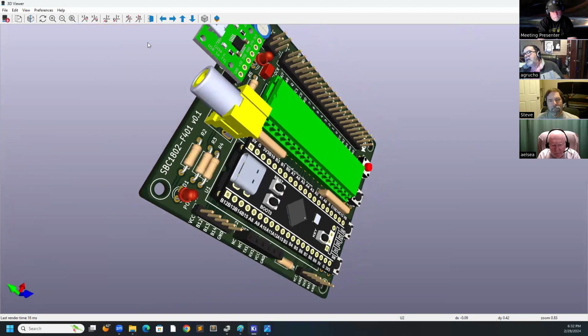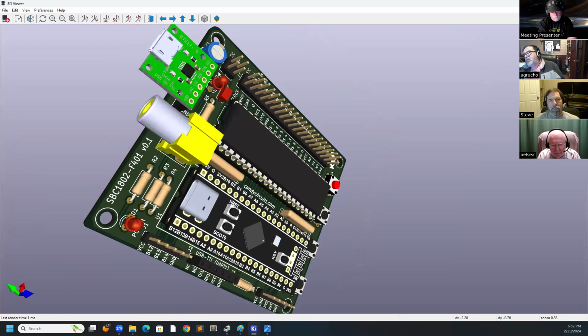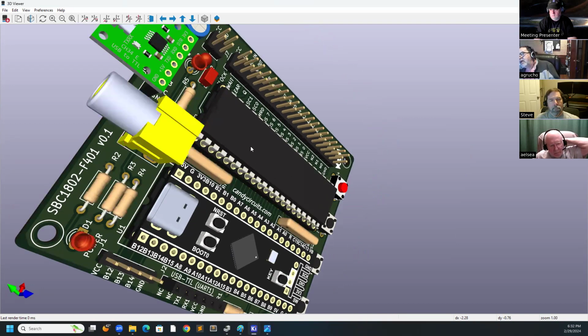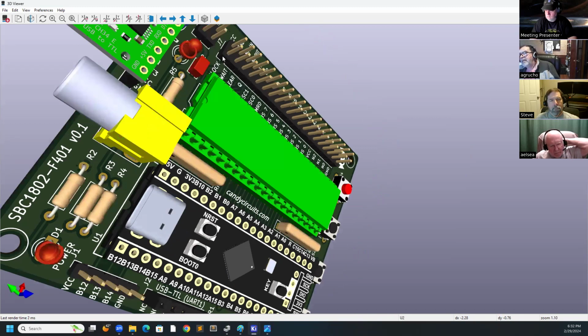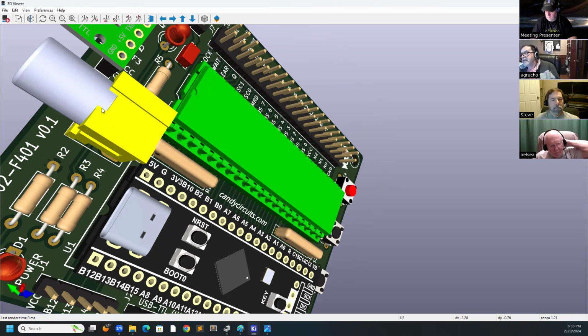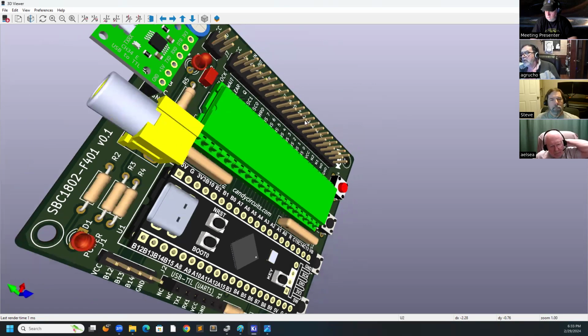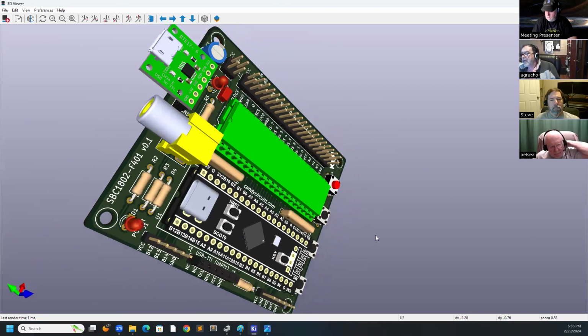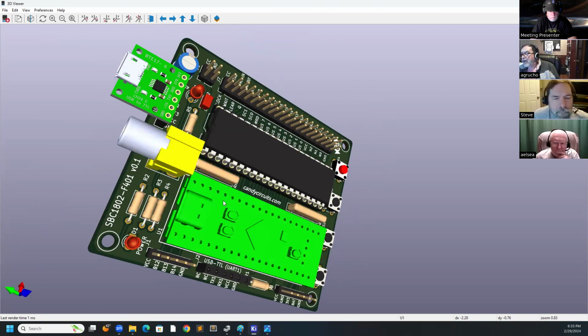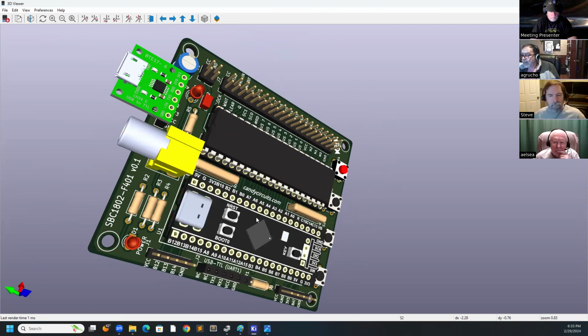This board is a USB to serial adapter, and the microprocessor used bit banging to create a serial communication. So there is no board in this microprocessor. It's just a CPU, and you have the memory emulator outside, RAM and ROM.